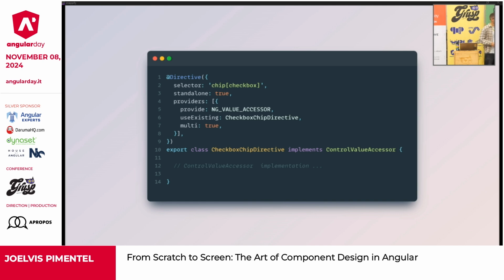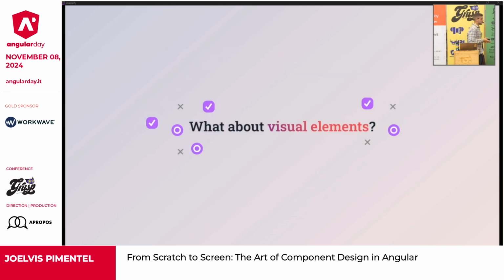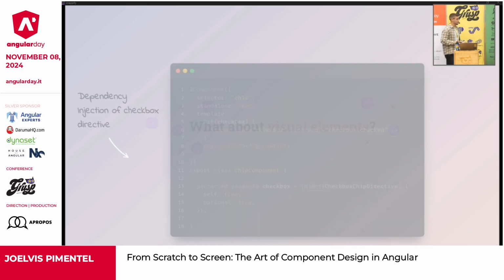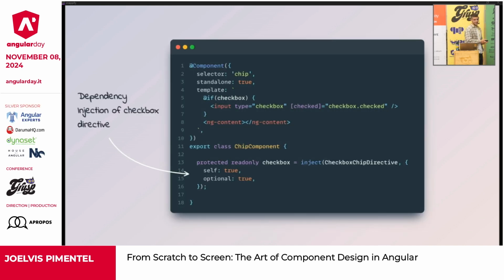And I know that some of you are thinking, well, directives are good, but they don't draw anything. They don't have a template. So how are we going to draw that little checkbox? How are we going to manage visual elements? So luckily for us, we have a component. We have the chip component with its template.